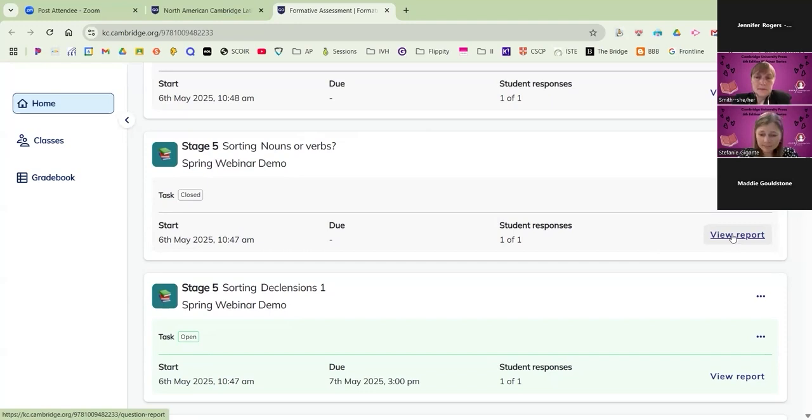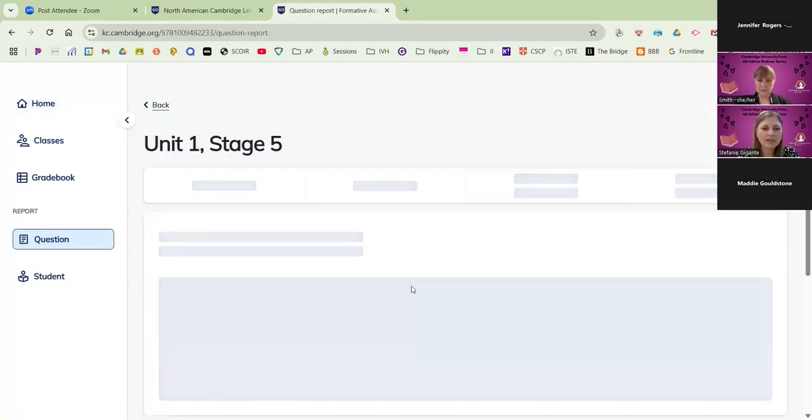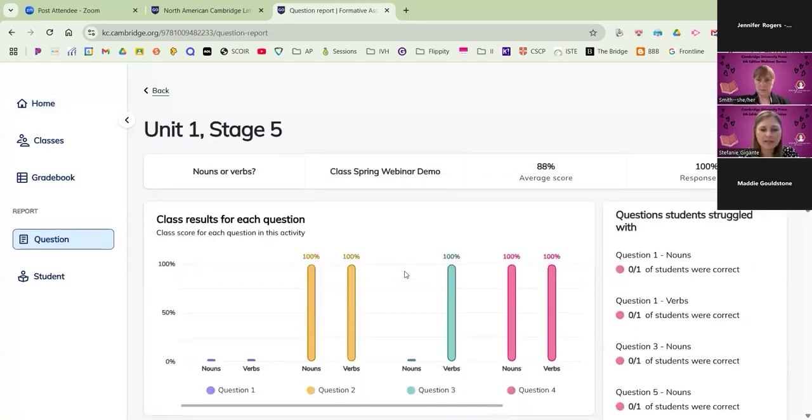You're going to see, by the way, that a lot of the activities that we deployed for the purpose of demonstrations today are all focused in stage 5. We wanted to give you a nice, robust, comprehensive sense of what is available within each stage, and just concentrate our efforts on one stage rather than doing a whole lot of, like, you could do this in stage 8 and this one in stage 1, right? So just so you guys can get a more focused view. So I'm going to go ahead and view the report for something that is closed from a sorting activity.